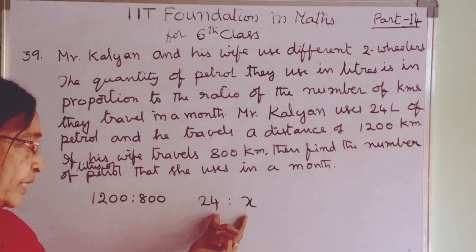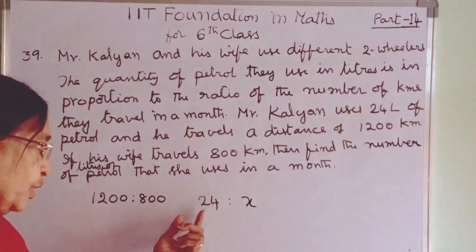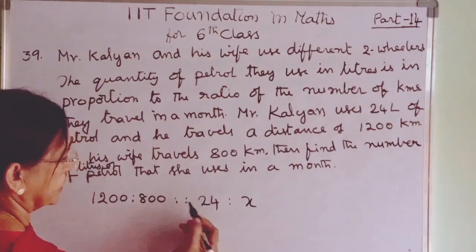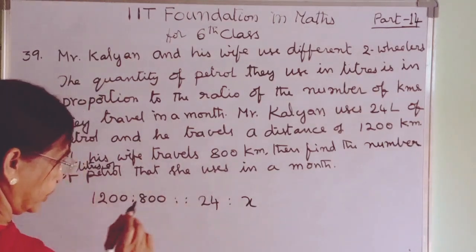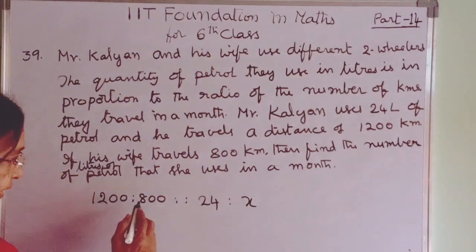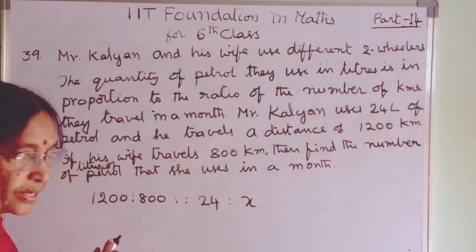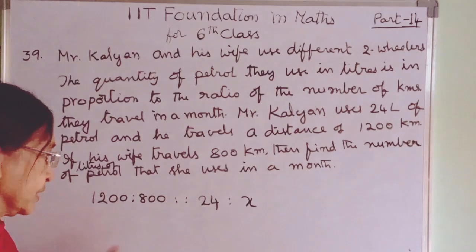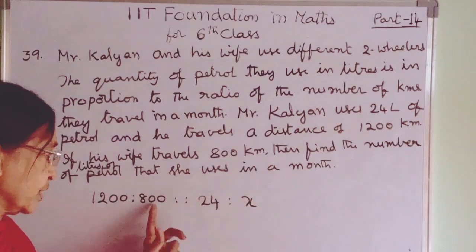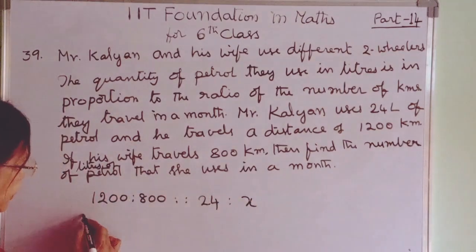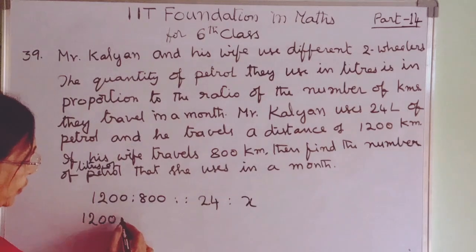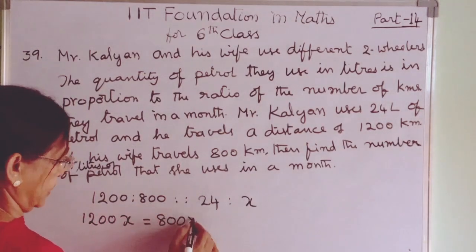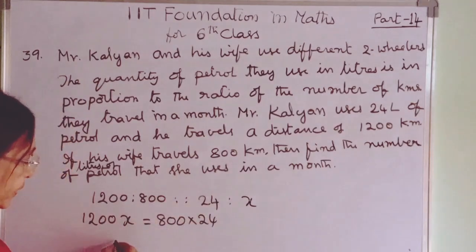This is equal to the ratio of the use of petrol, 24 liters is to X liters. So these four numbers 1200, 800, 24 and X are in proportion. Therefore, we use law of proportion, that is, product of extremes is equal to product of means. So product of extremes 1200 into X is equal to product of means 800 into 24,